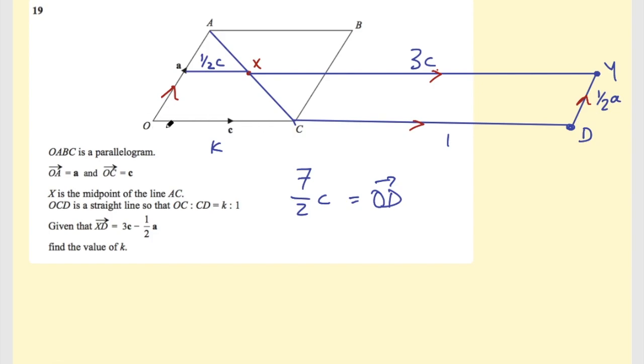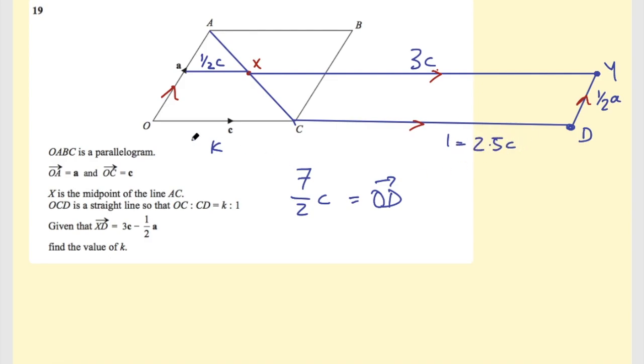Now, we know that K essentially is the same length as C. So 1, what we've called 1 in this ratio, is equivalent to the rest of the side length. So if this is 1 lot of C and this whole length is 7 over 2 C or 3.5 C, this section will be